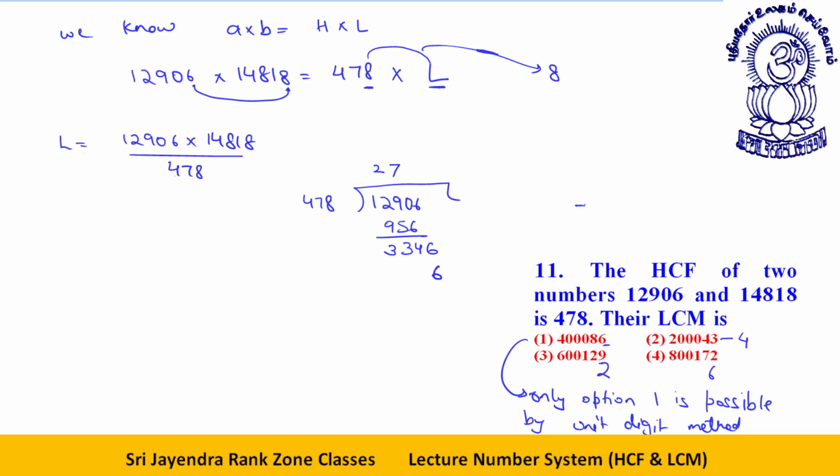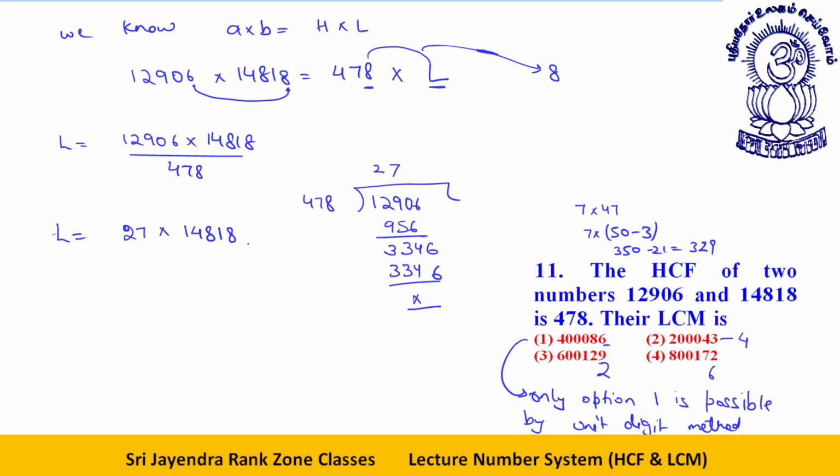How come? 7 into 47 you can read it as 7 into 50 minus 3. That is 350 minus 21. You can say 329. Okay, 329 plus 5 is 334. I told you this number has to be divisible by 478. So basically what you get, L is equal to, when you cancel these two, you get 27 into